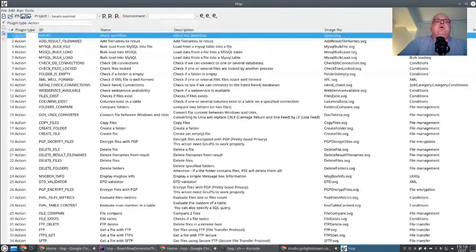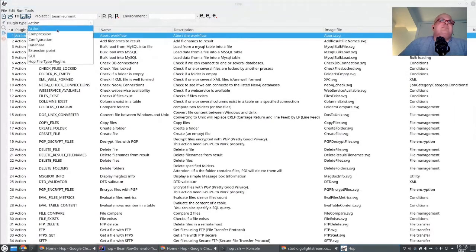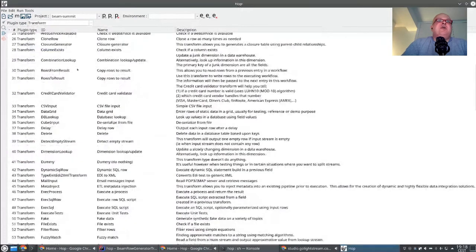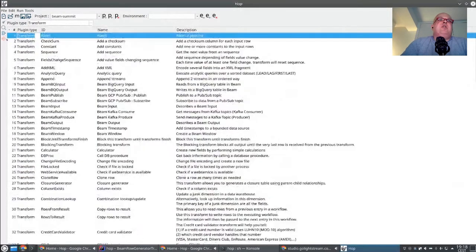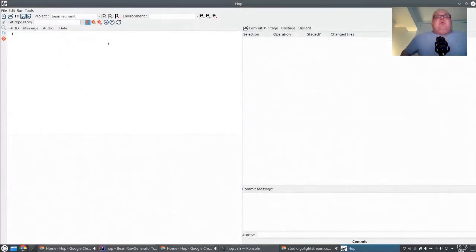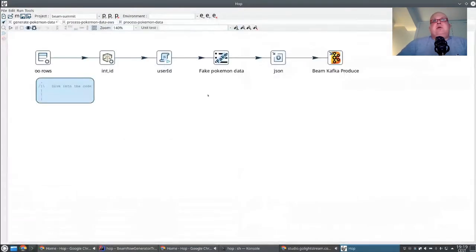We have another perspective for our own purposes to see, okay, did my transform plugin load it or not? And then finally we have a Git plugin with which you can actually do commits and staging and unstaging and that sort of stuff without having to drop to the command line to do that. All right,